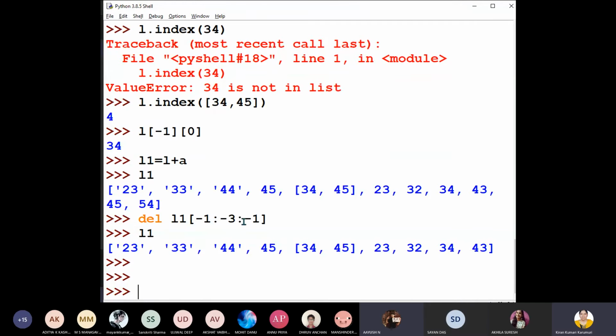-1 is, see, suppose if we have not mentioned, this is the step. So this step by default it will be 1. If it is 1, it will be going in the right side direction, forward direction. Okay, ma'am. So -1 का forward direction में कुछ value है? No, ma'am. No, no. So we have to go in the reverse direction. For that I mentioned -1. What is the step? If every alternative you have to do -2, you will do. Okay, ma'am. Yes, ma'am.